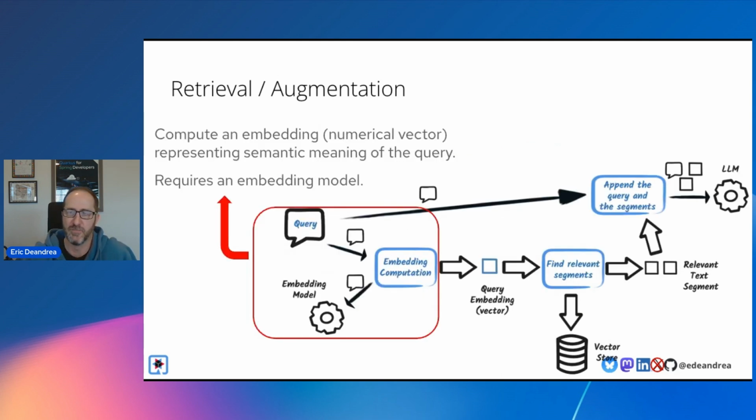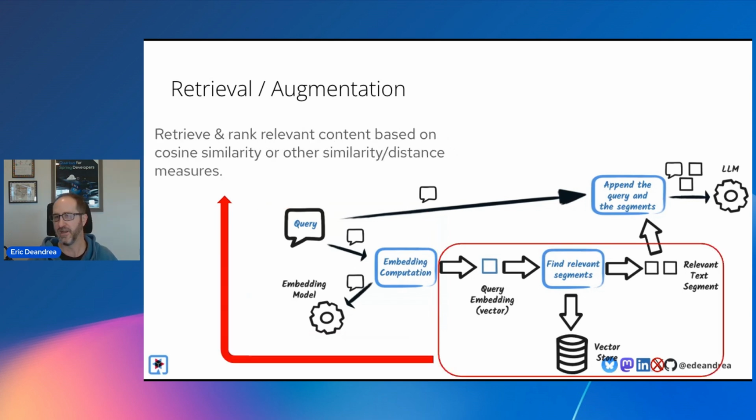The first thing that happens when you get your query from the user is, again, using an embedding model, you compute the embedding for that, the semantic meaning of the query, and then you query your embedding store for that. In my example of what apples are good for picking in the month of September,